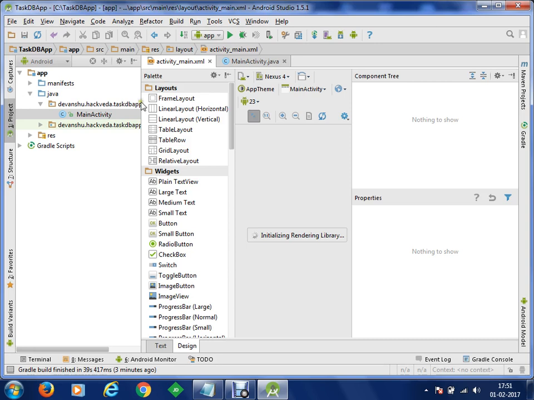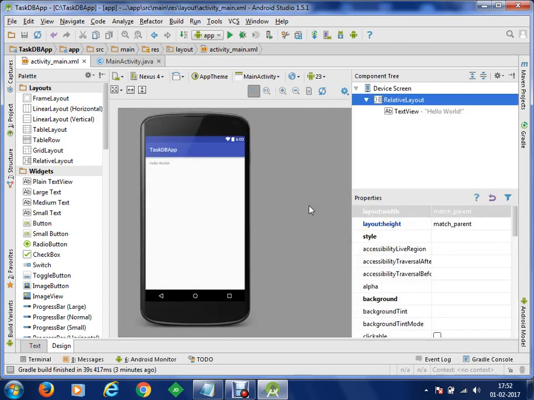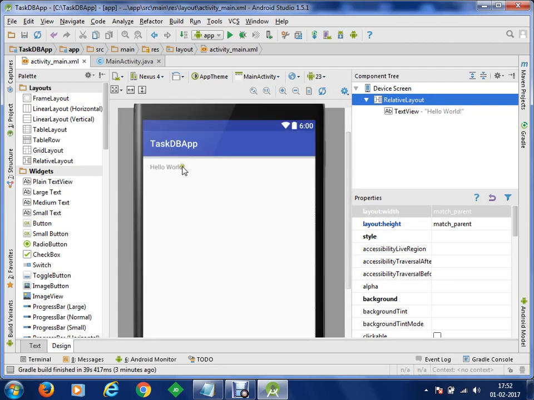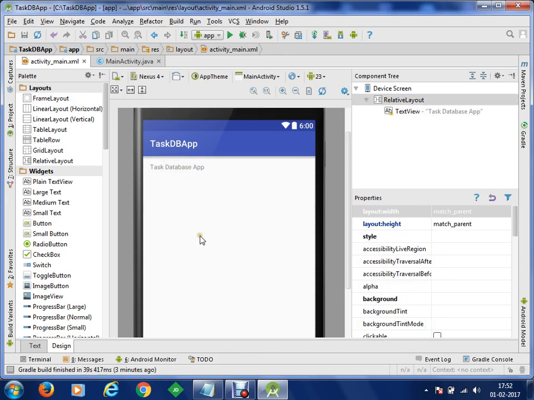So let this render. As soon as the rendering gets completed, we'll design our application here. Let's just rename the text view control to my task database app.